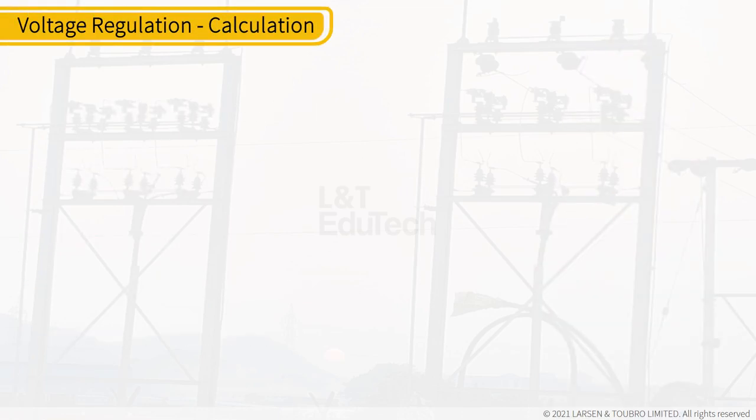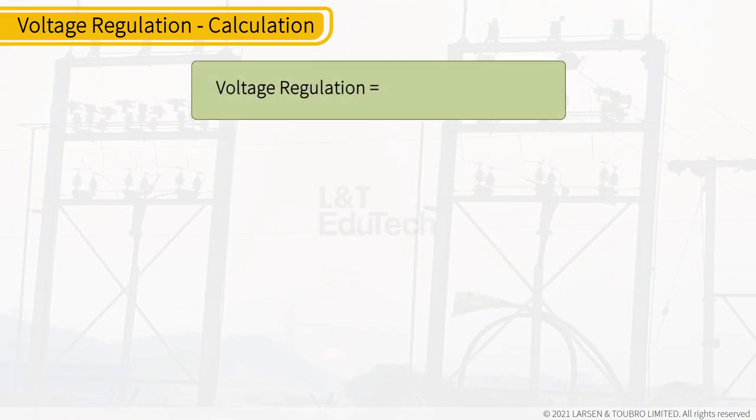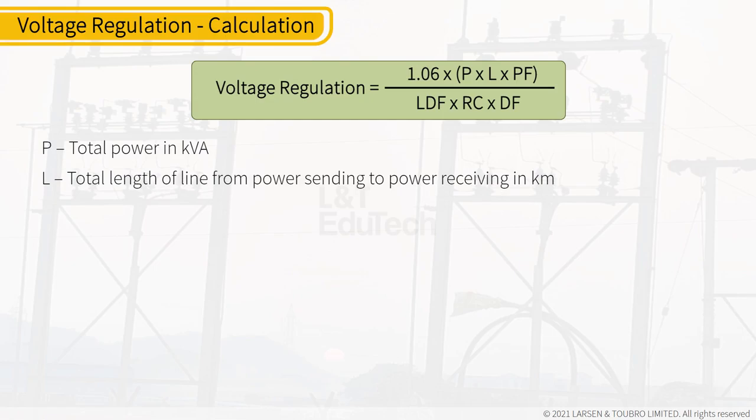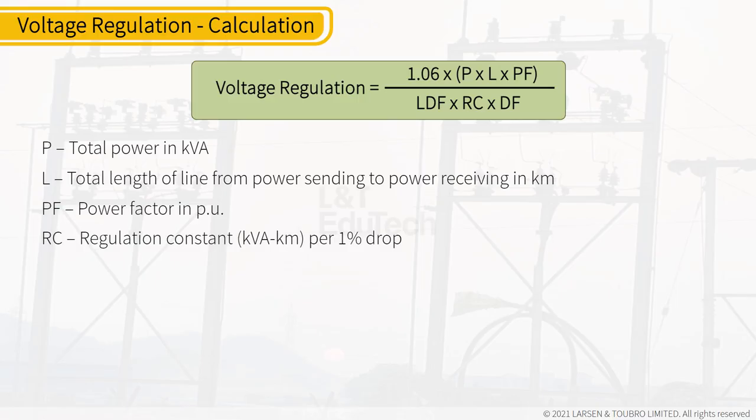Now let us discuss the calculation of voltage regulation. This formula calculates the voltage regulation. Voltage regulation is equal to 1.06 into P into L into PF divided by LDF into RC into DF, where P is the total power in kVA, L is the total length of line from power sending to power receiving in kilometers, PF is the power factor in per unit, RC is the regulation constant kVA minus km per 1% drop,